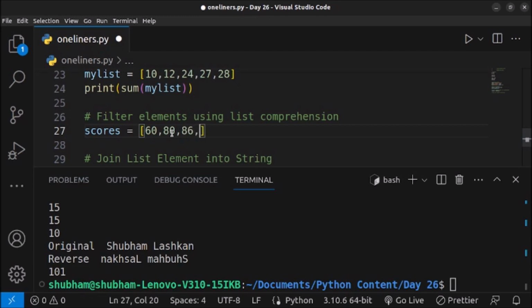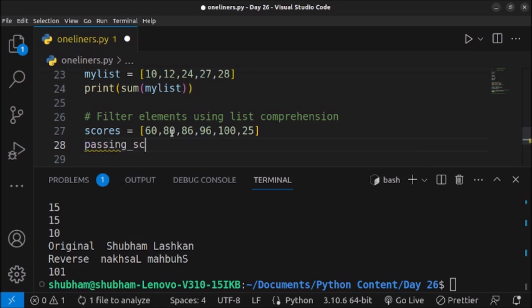86, 96, 100 and 25. So this list is storing some scores, and I want to create a new list out of it and only want to store the values which are greater than 80. So what I can do is I can create a variable called passing_scores equals to, then we have to use the square bracket because we are using the list comprehension, and here I will write for score in scores if